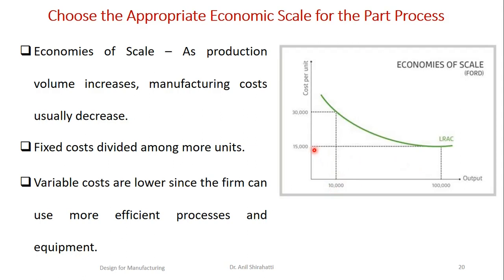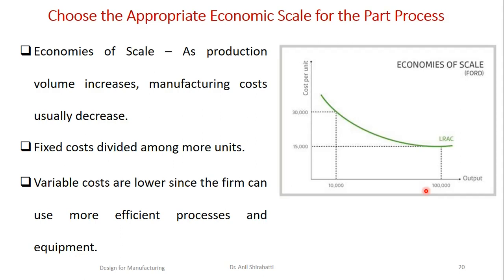The component's cost is reduced to almost half if the number of components produced is increasing. How this happens is because the fixed cost will get divided among the number of parts you are producing. For example, if you are buying a CNC machine for 50 lakhs, and yearly you are producing only 100 parts, then for each part 50 lakhs divided by 100, that much amount is going. But if you produce more than 50 lakhs or 1 crore parts, the fixed cost of the machine is negligible compared to the parts produced.